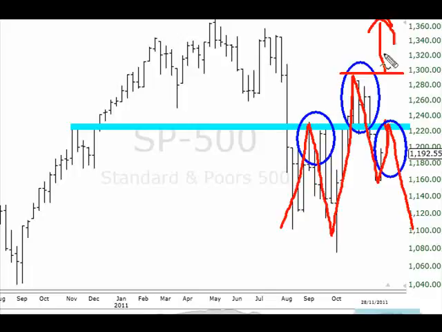Okay, I hope you see that, and if it doesn't break that level, then a head and shoulders is likely to form, and then we will see a big downturn ensue after that. I do believe overall we're likely to see a big downturn, but for the short term here, I can only see what's happening on the charts, so more upside is likely to come. But I believe overall, in the bigger picture, the next 6 to 12 months and maybe more, we're likely to see a lot more downside to come. Okay, but looking at the chart, looking at what's happening right now, we can see that this is happening on the charts.